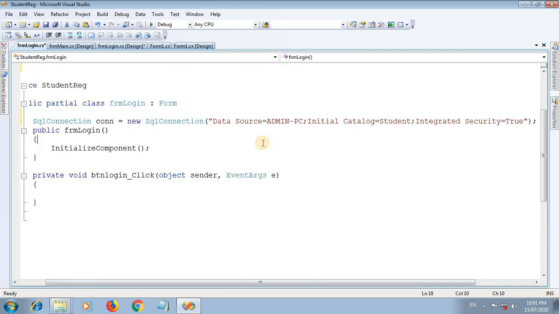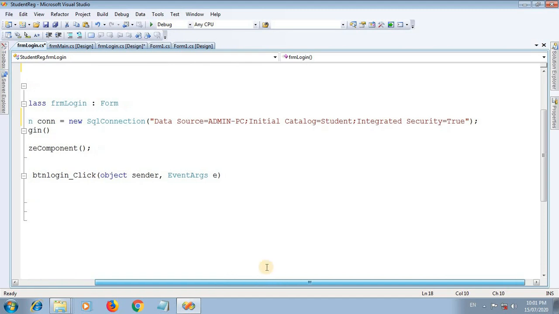This provides the information that you are now able to communicate with a database. So this is called the connection string. This is the SqlConnection class, and I am providing the con object.